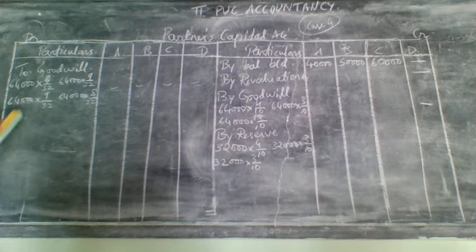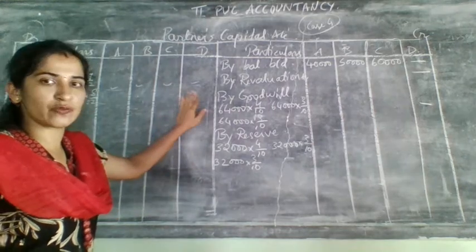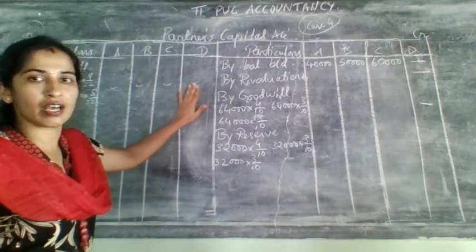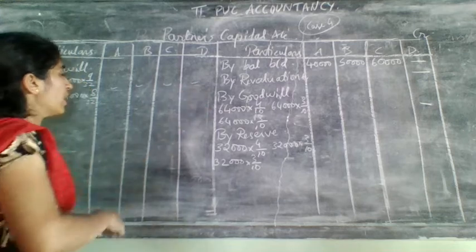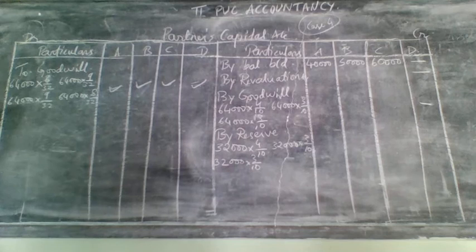Then see, these are the only changes in partners capital. Usually D will not have any entries at all. But when case 4 of goodwill comes, he will also have an entry here. So he will also get an entry. I don't know how much it will come. Just calculate that amount and write for all the 4 partners. Apart from that, no other entries will come in partners capital account.